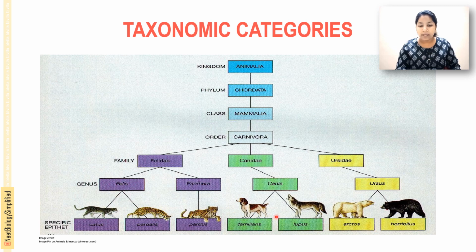Arctos and Horribilis, they are coming under the genus Ursus, and they are grouped into the family Ursidae. Okay. And these families Felidae, Canidae, Ursidae are grouped together in the order Carnivora,